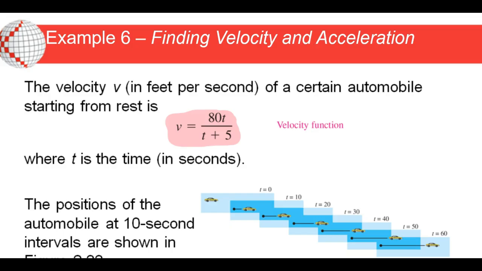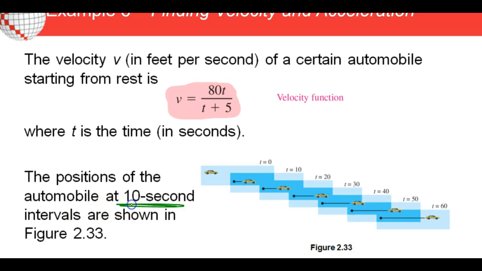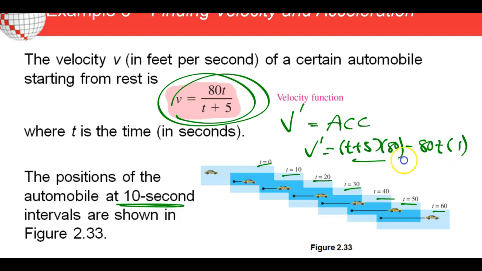I wanted to show you example number 6, that we can actually use our calculator to look at multiple values, starting at 10 seconds and then looking at time being 0, 10 seconds, 20 seconds, 30 seconds, and we could just quickly calculate the different velocities which are given and accelerations. Well, to find the acceleration, we just take the derivative of the velocity. And to do that, what are we going to do? Low d high quotient rule. Low d high minus high d low all over low squared. And so we find out that the acceleration